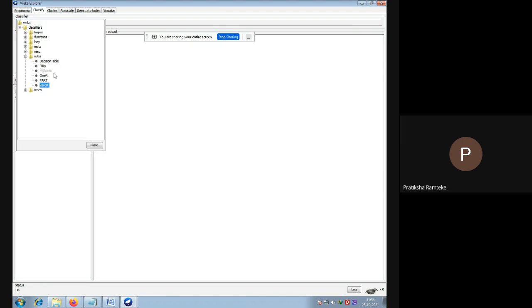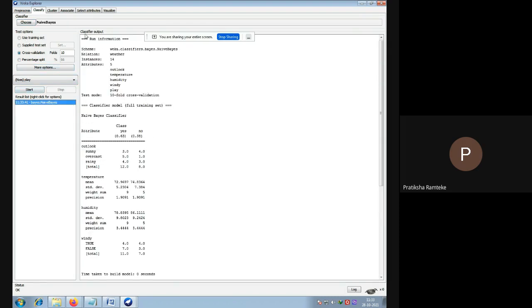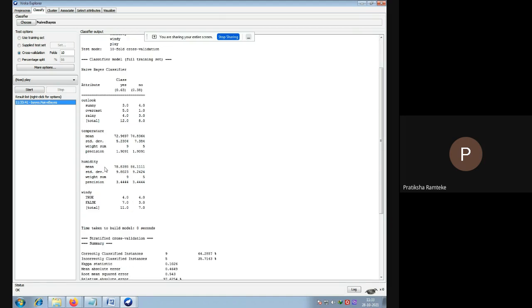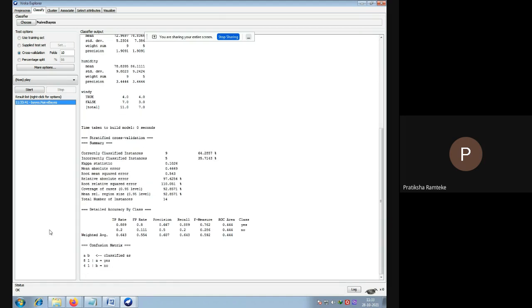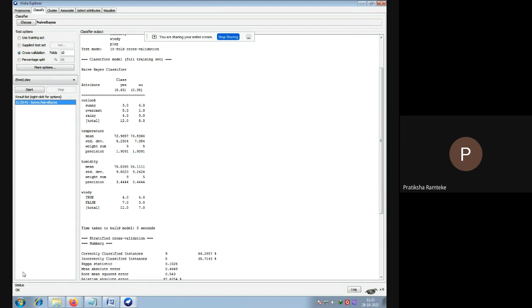Likewise, I select Bayes, Naive Bayes. Okay, Naive Bayes algorithm I have selected. Then start. The output is shown here in classifier output. Okay, the attributes are shown here and their confusion matrix is also shown here. This is the output of our data set after using this Naive Bayes algorithm, which is available by default in the Weka tool, and the status is okay, meaning our data set is okay.